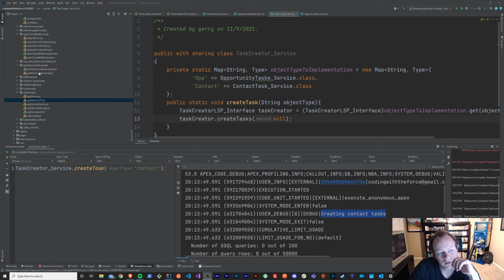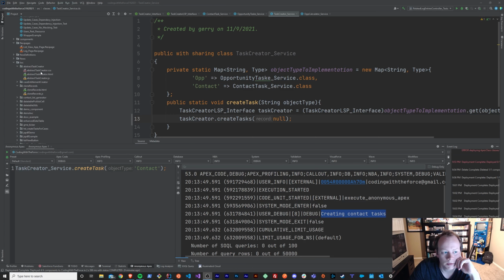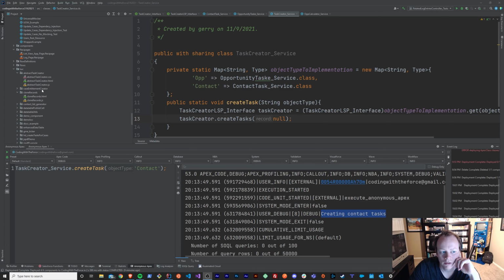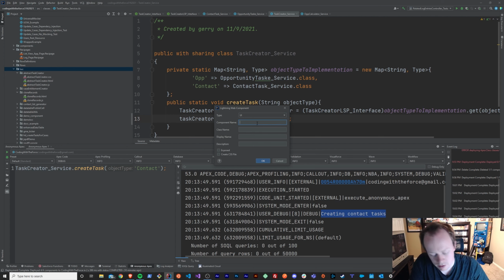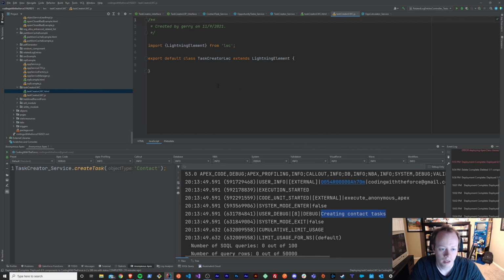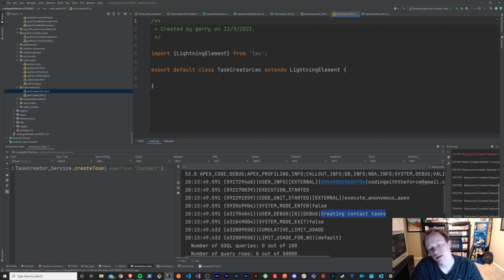All right, so let's create a new Lightning web component and figure out how we might make this work. So we'll create a new Lightning web component. I'll just call it, who knows, task creator LWC, and hit OK. And like we talked about in the last couple of videos and other videos that I've done, I think,